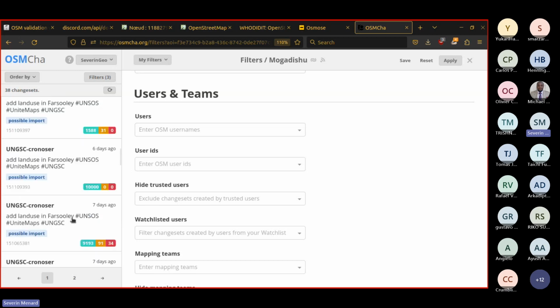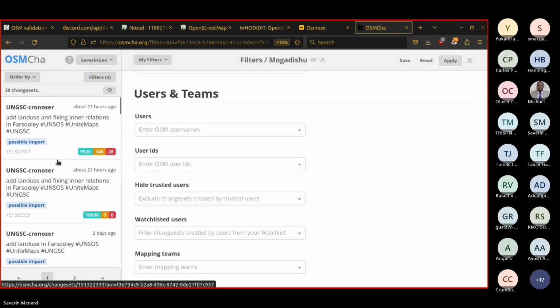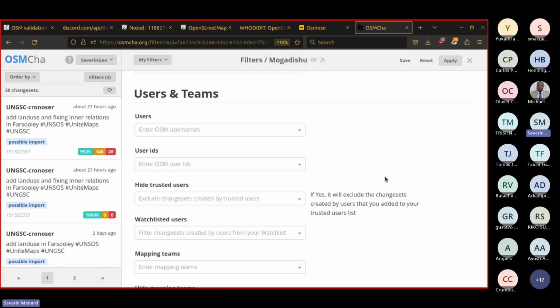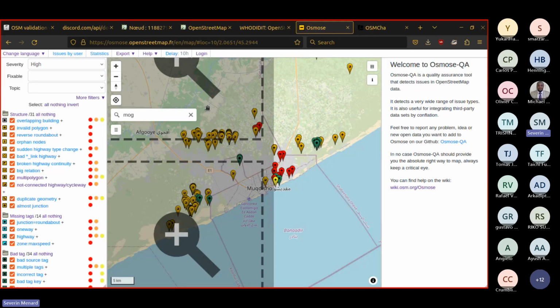The only person creating a lot of data is this specific paid mapper from UN Maps. So in this case, it's done according to my criteria. I would have nothing to check from OSM. But you can see I have done something from Osmose, so they complement each other.